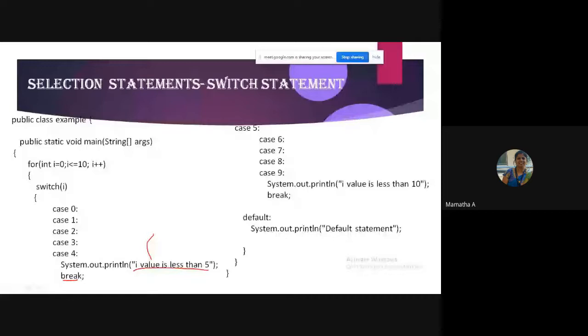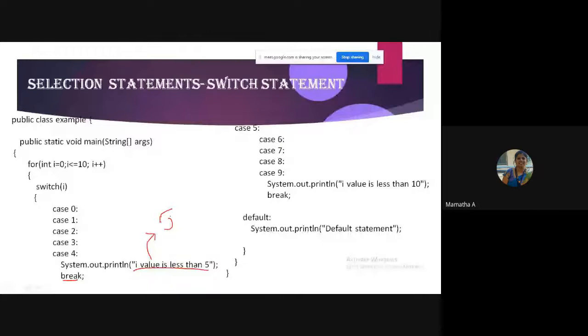Next, what will it print? For I values 5, 6, 7, 8, 9, case 5, 6, 7, 8, 9, the value is less than 10. So this will be executed for I value moving from 5 to 9.